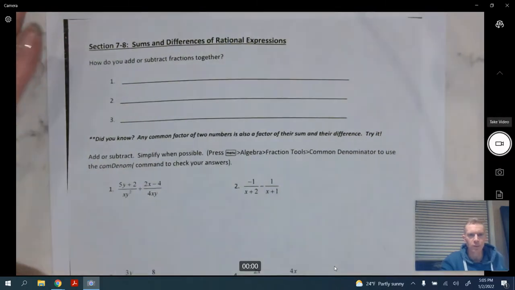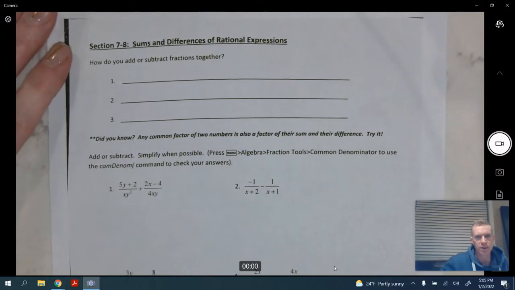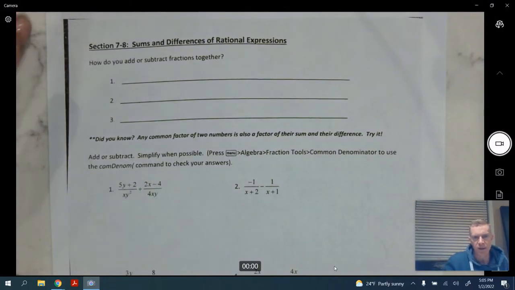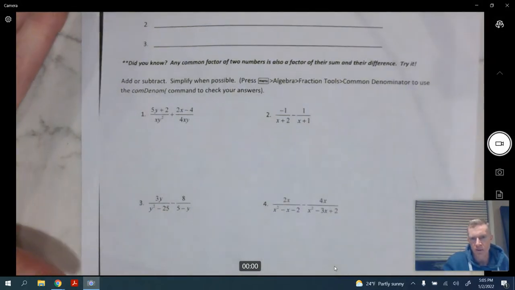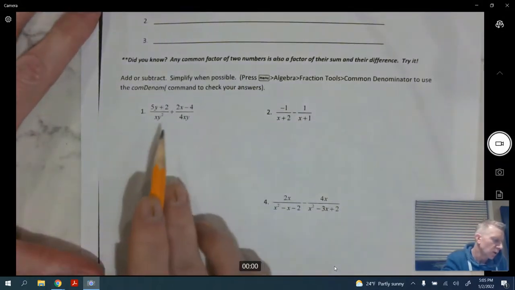Hello, and here we go again with section 7.8. I'm going to do a few of these together. This is very similar to 7.7, but instead of multiplying or dividing fractions, or rational expressions, we're adding and